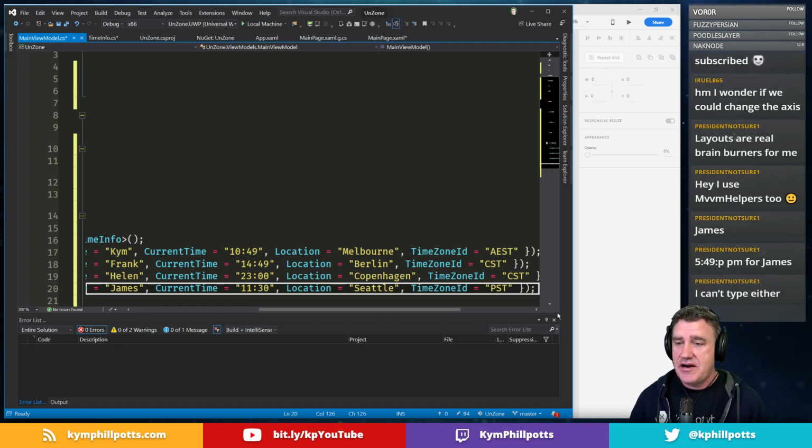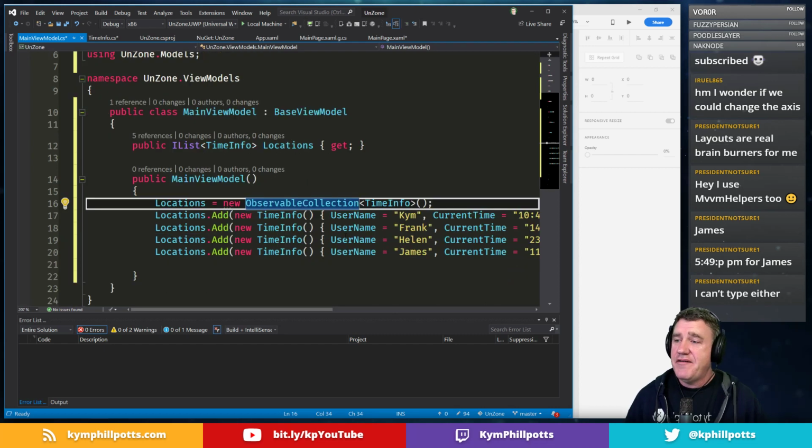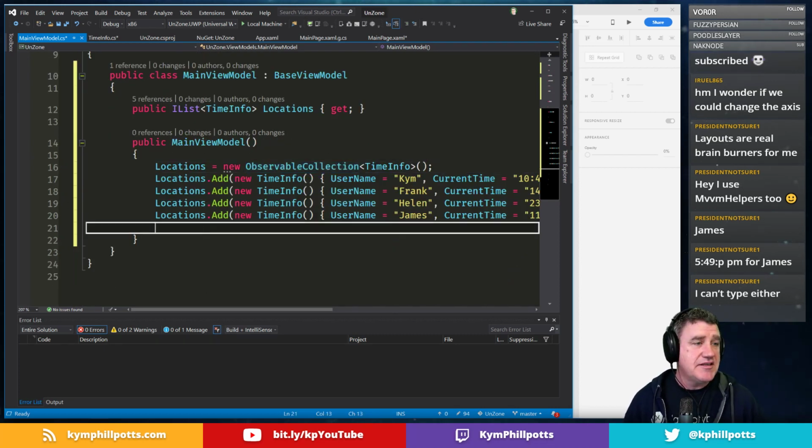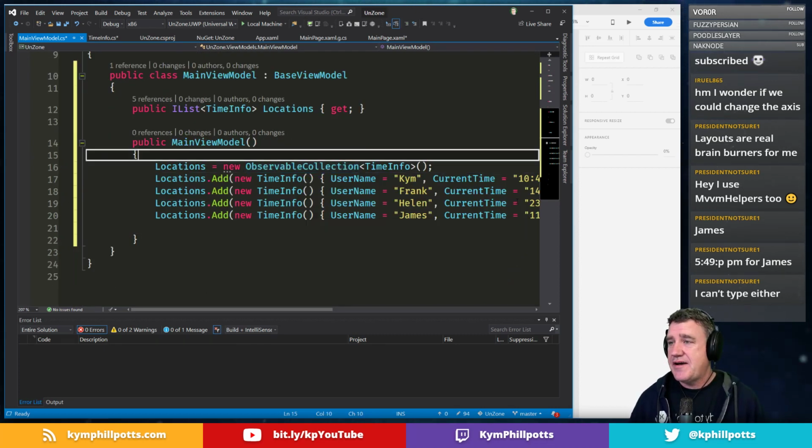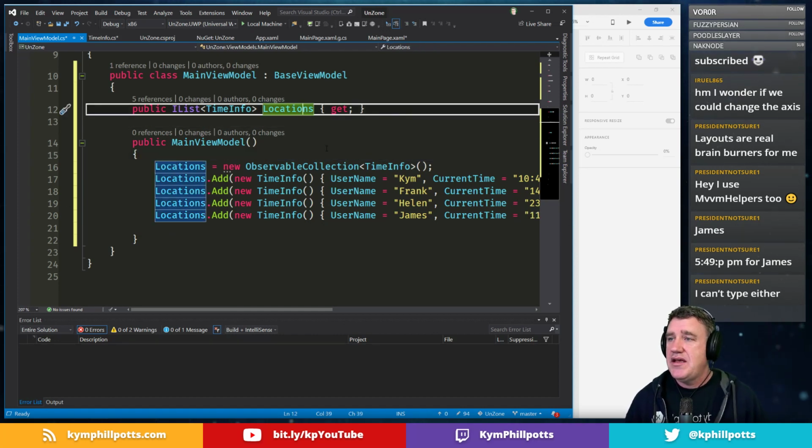And PST. I don't know. All right, cool. Wow, that was hard just to add a few locations in there. All right, so that's going to give us some data. Beautiful. So now what we should be able to do is go ahead and create